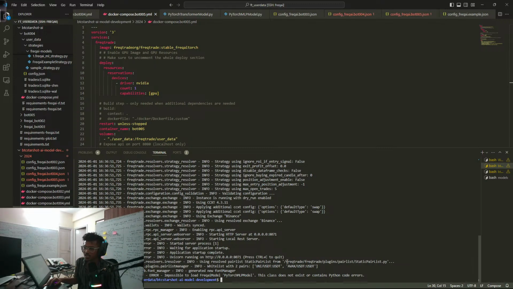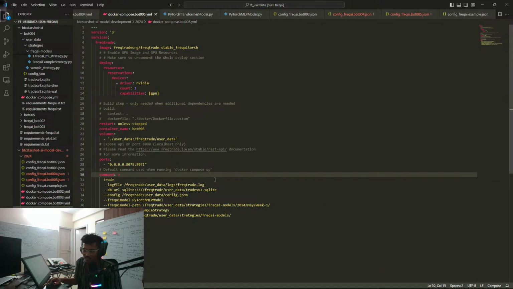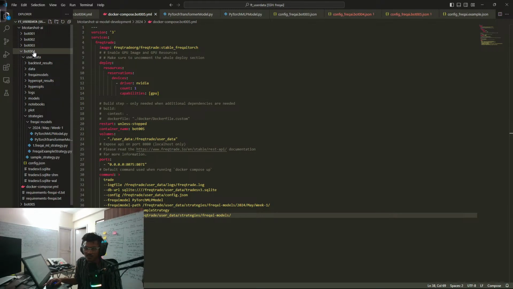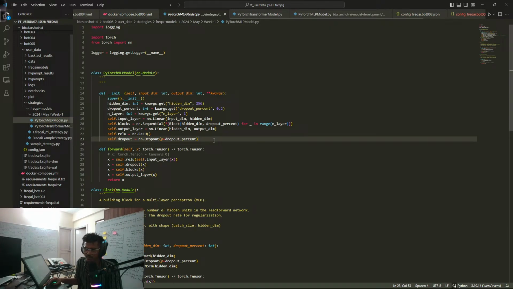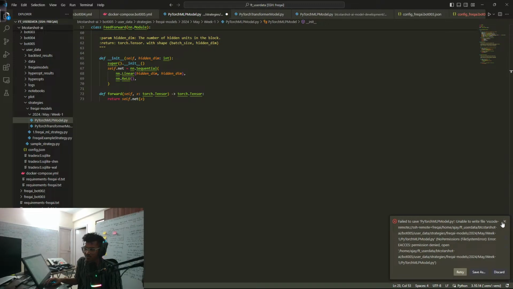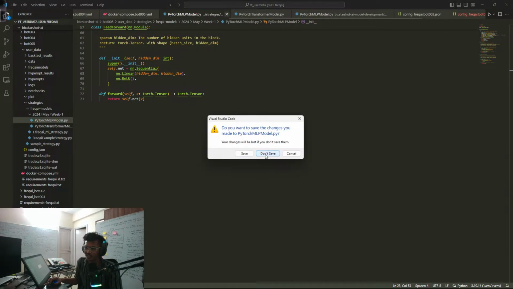I think it's throwing the same error. I don't know what the problem is, but we have to fix it later on. User data strategies FreqAI models 2024 May week 1. I think I got it right? What the heck is the problem here? Bot 5, user data strategies, FreqAI models 2024, and this, right? There must be some Python error or something. Okay guys, we're going to fix it tomorrow